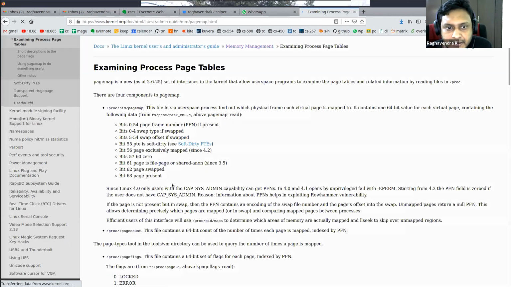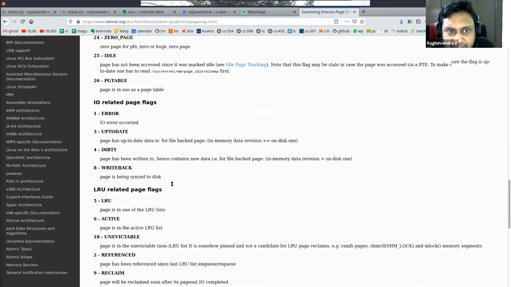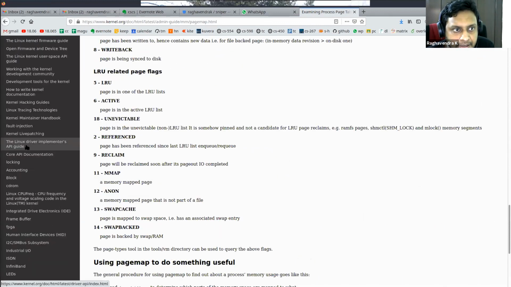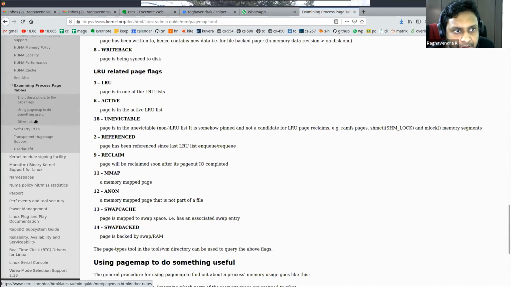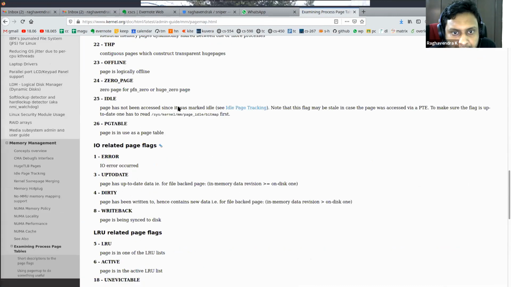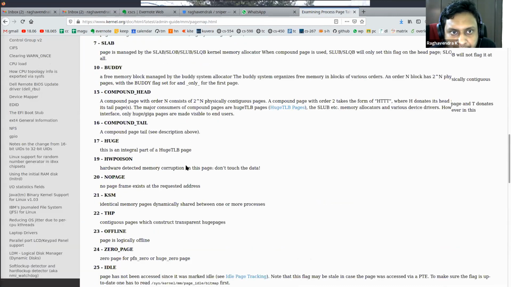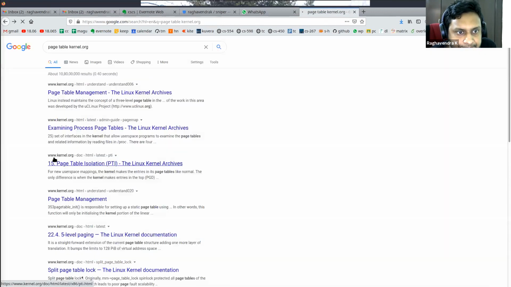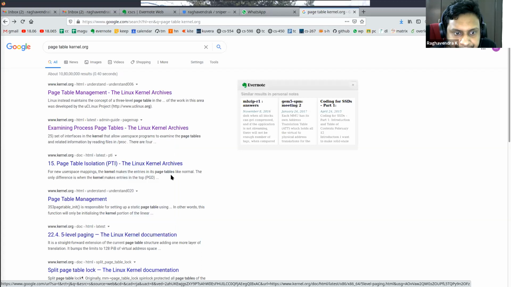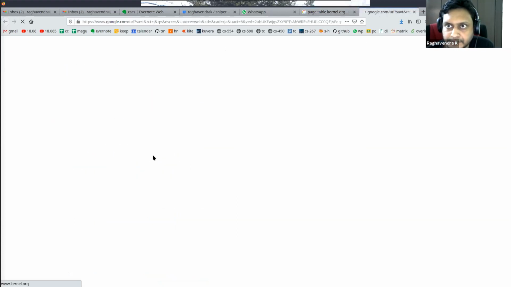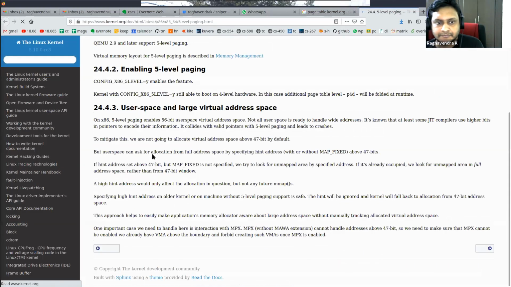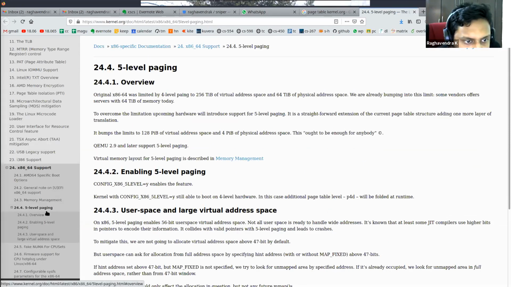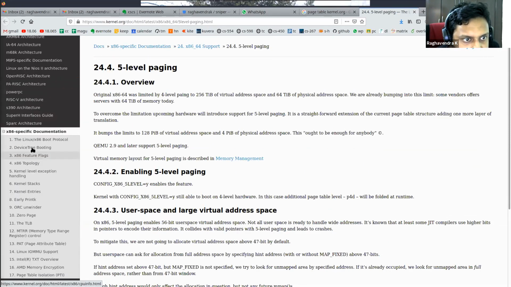You can actually see the code written here for the page table.